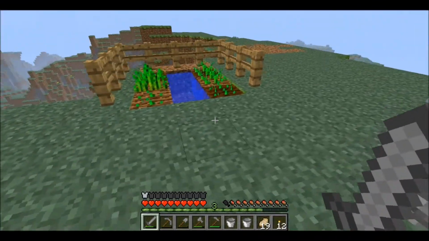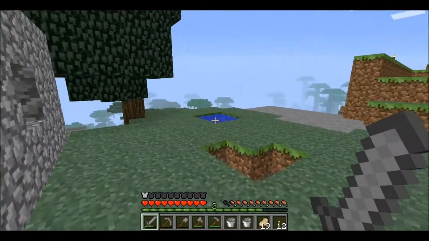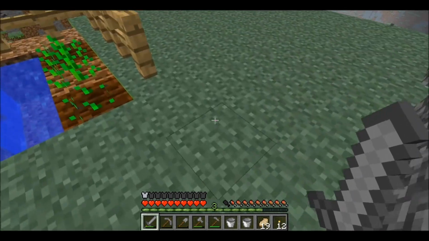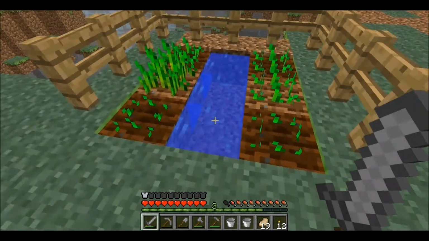So until next time, this is what we did today. I taught you guys how to actually make a renewable water source. Now you have buckets to carry water and lava, which lava is a pain in the butt, and you really don't want to use it unless you're making a trap for a friend, which I've done plenty of times. And then we also made our own